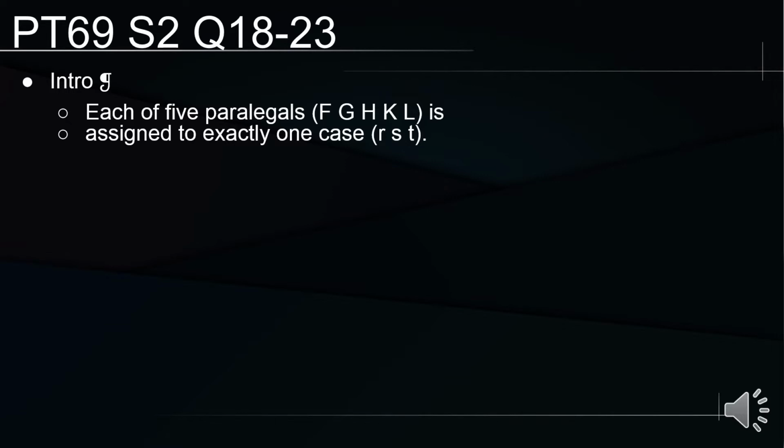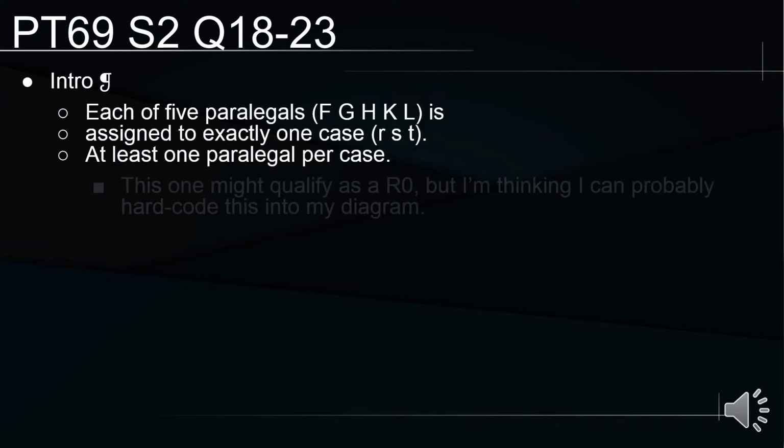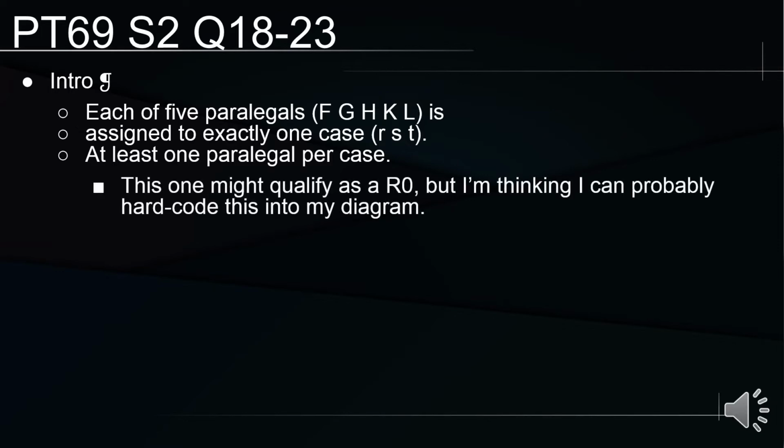We get an additional condition here in the intro paragraph, which is that there is at least one paralegal per case. So there's never going to be a case that doesn't get any paralegals. There's always going to be at least one person in every group. This last consideration might qualify as a rule 0, but I'm thinking I can probably just hard code that information into my diagram. Speaking of which, our diagram